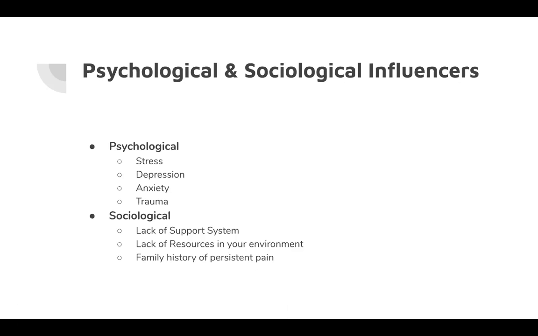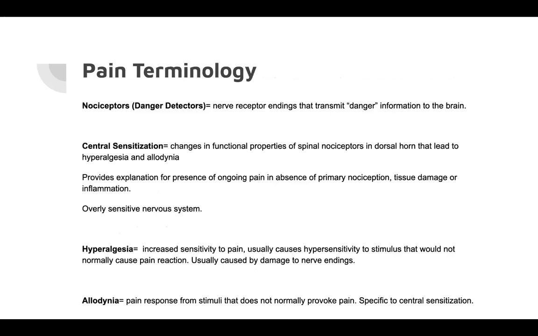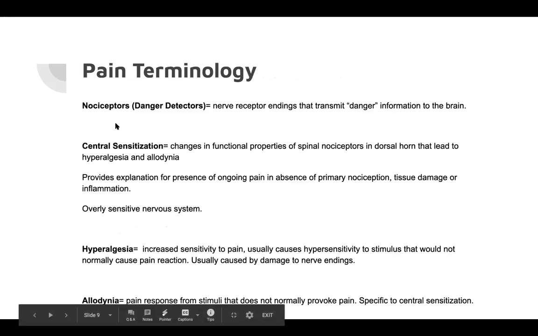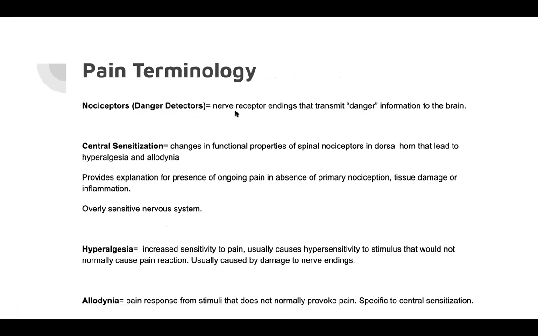So some pain terminology that's important is nociceptors. These are the danger detectors, and they cover our body, so everywhere. These nerve receptor endings transmit that danger information to our brain. Now, some of these other terms, such as central sensitization,